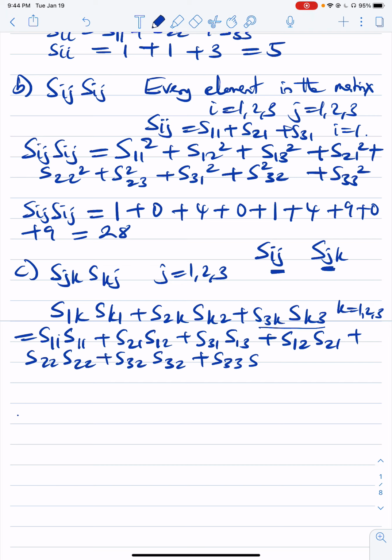Okay, yeah, let me see. Yeah, for k equals 3, sorry, no, I made a mistake there. Sorry, I actually pointed at this, that's wrong. We're expanding from this point again. Yeah, so it will be S1,